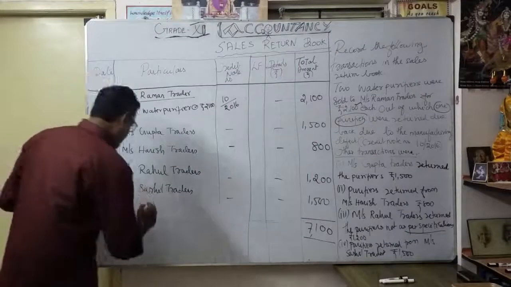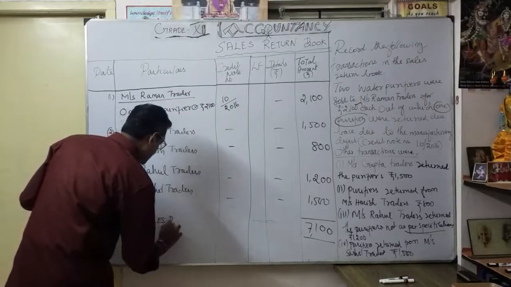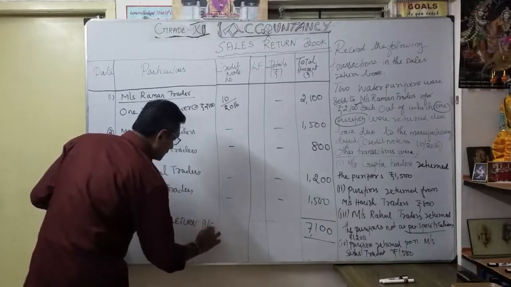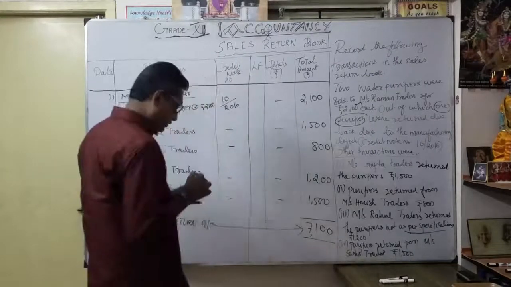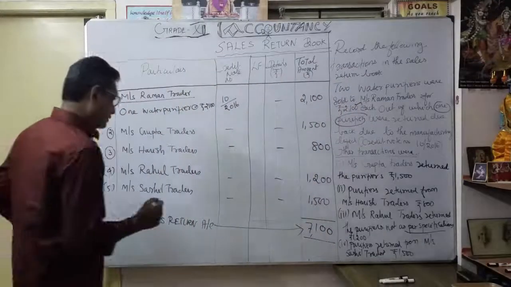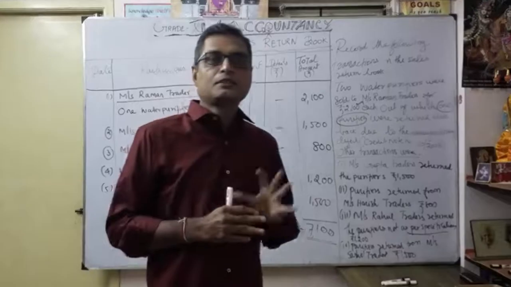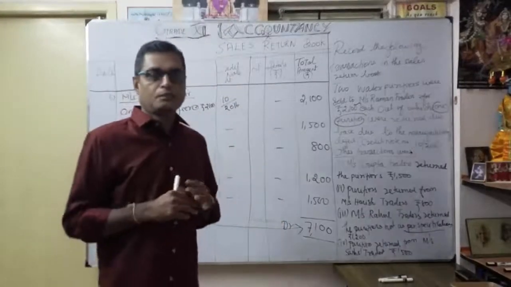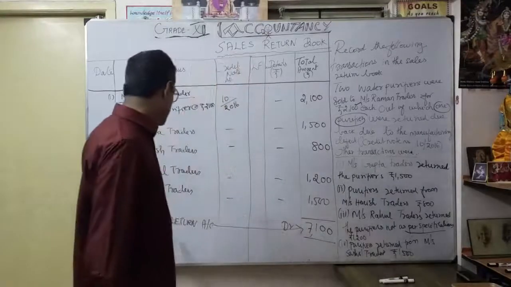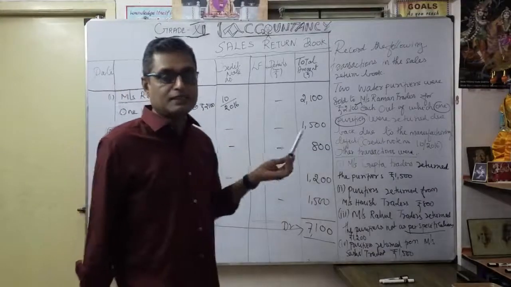That is very important. You have to write transfer to where? The total is called sales return account. So this amount you are going to transfer to the sales return account. Debit or credit, that is very important. It is debit. Always sales return you have to put debit, because goods come in. Purchase return, credit. In the same manner here, whatever the total, you are going to debit the sales return account.